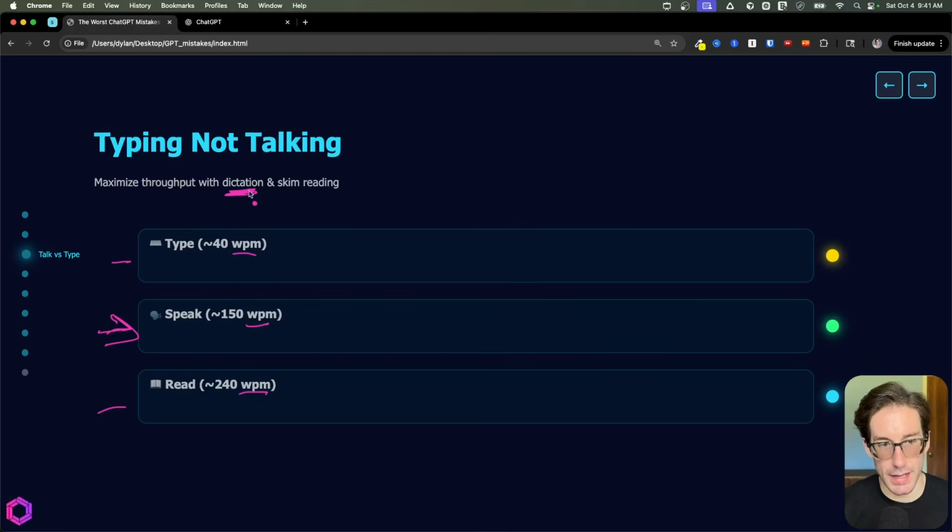You're speaking to AI. That's then converted to text that you feed to the AI, and then it writes back to you. And we can speak faster than we type, and we can read faster than we listen, or at least skim read faster than we listen. And by combining these two, we're increasing the throughput between ourselves and the AI, giving it more context and getting more context from it. So use dictation as much as possible instead of typing all the time.